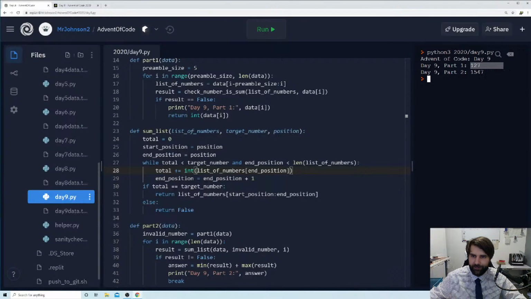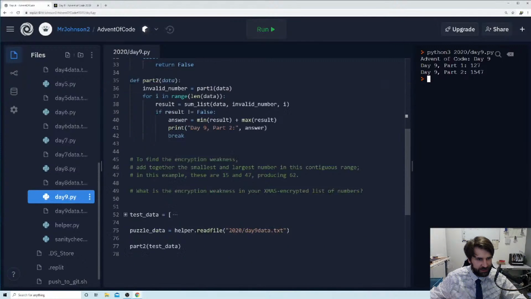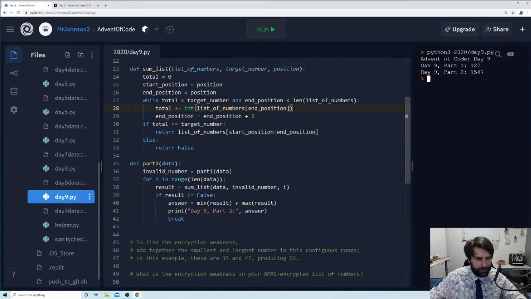Okay, we have 1,547, which is not the answer we were looking for, which is slightly awkward. And I think it's probably because these, again, are strings, and we should be adding 15 and 47 together. I'm an absolute dingus right now. The amount of times this int has thrown me off is ridiculous. If I was a thoughtful person, I would have just converted all the strings to integers at the start, and I won't have to worry about numbers adding together weirdly. But hey ho, here we are.